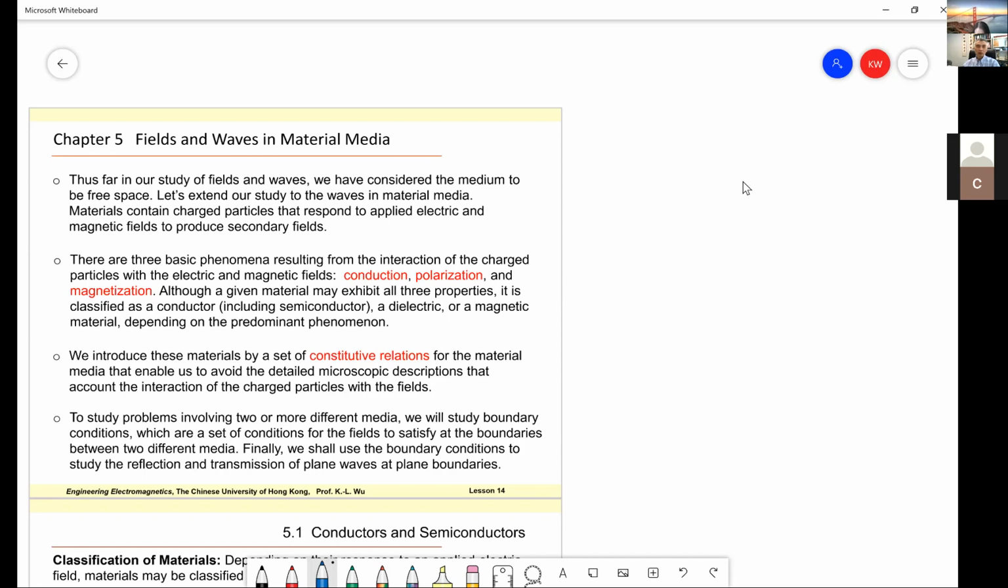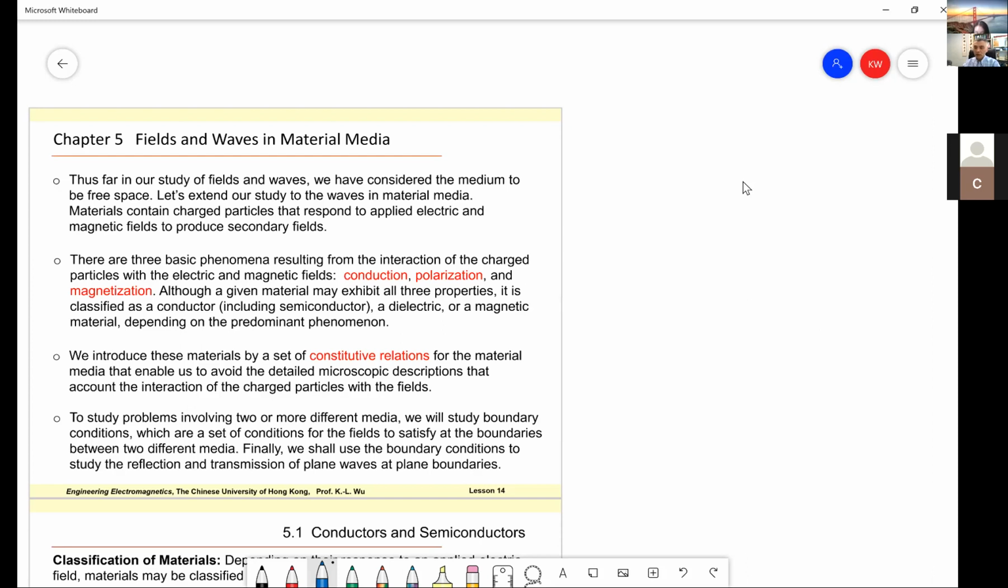Second kind we call dielectric. And third kind we call magnetic type of material. Respectively, they relate to conduction,